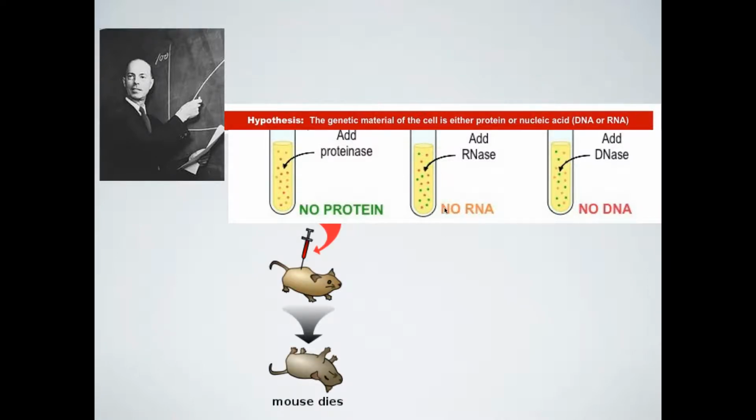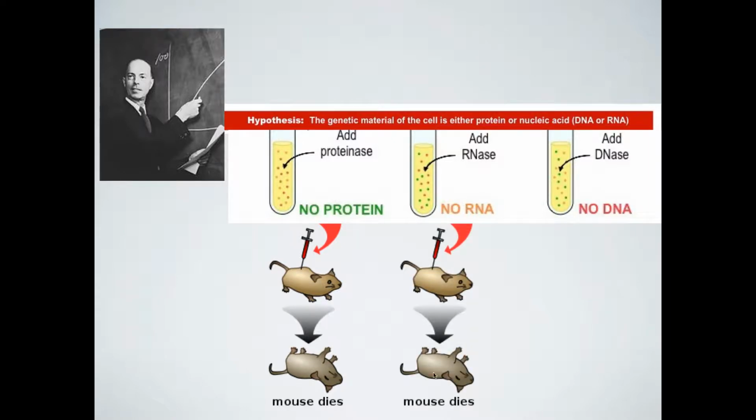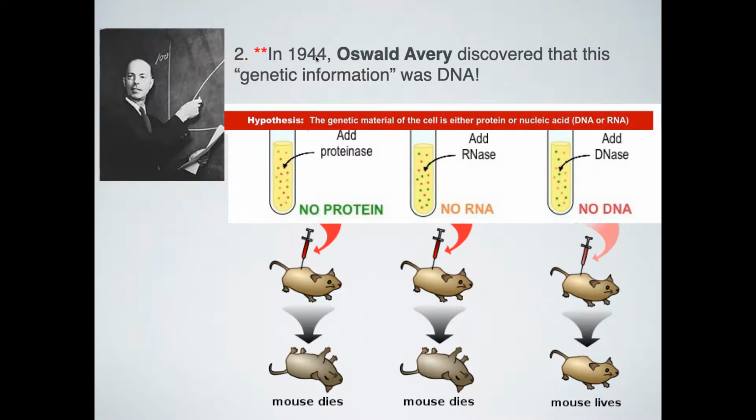Now there's no RNA. What happens? Dies. We add DNase. Destroy the DNA. Then we inject it into the mouse. It lives. So, 1944, this is like 20 years later, Oswald Avery discovered that the genetic information that